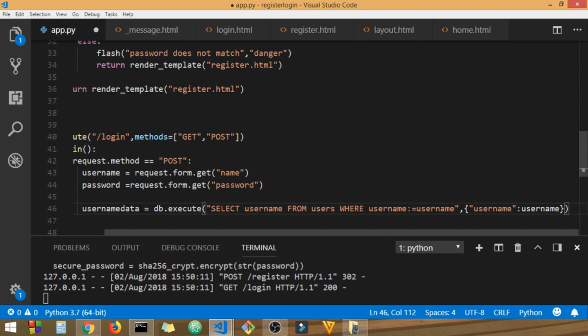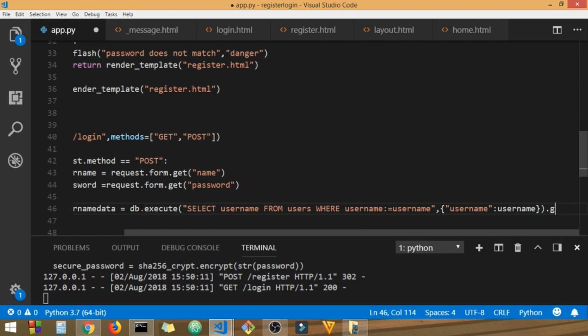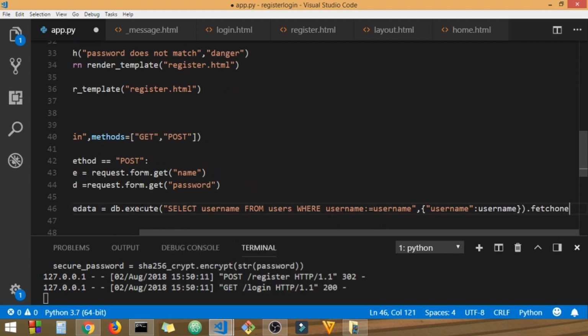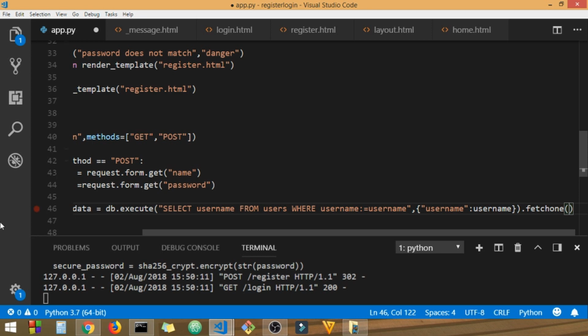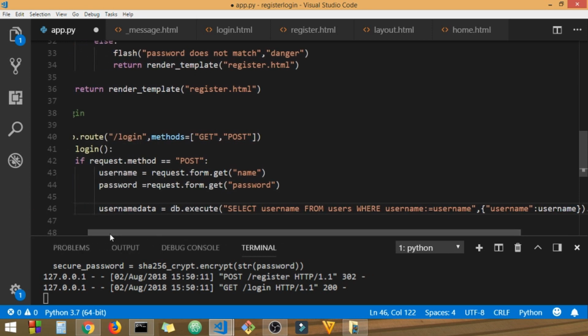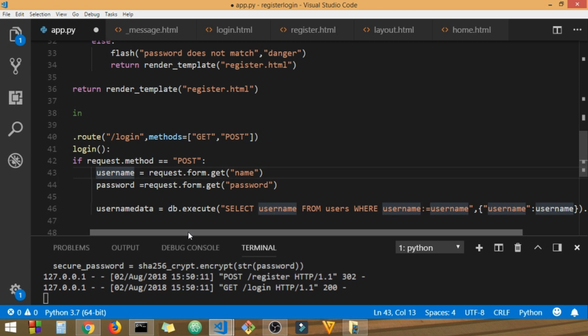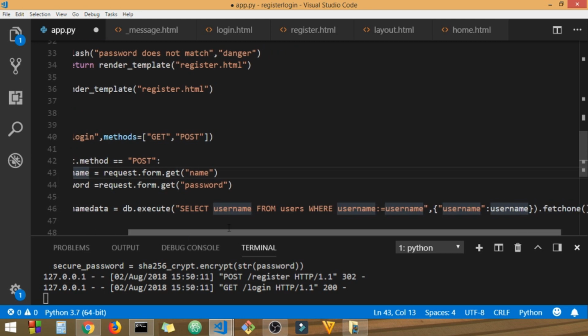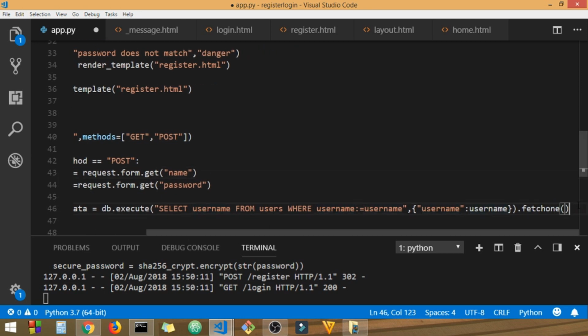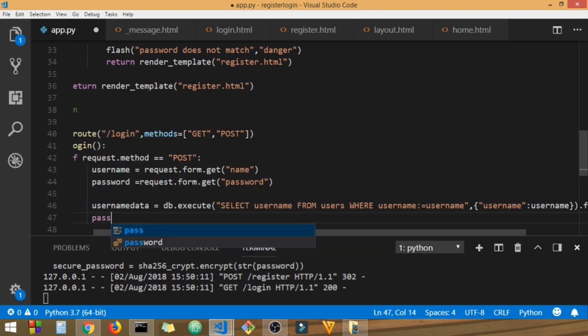That's it, and then we fetch one out of it. So right here we take this username, and now we go into the database. We select that username from our database, and same thing for the password, and password data